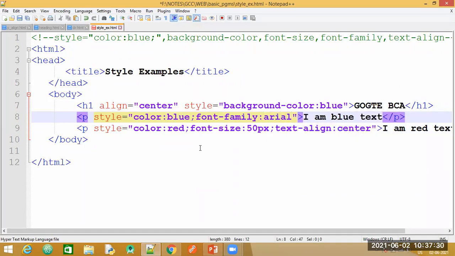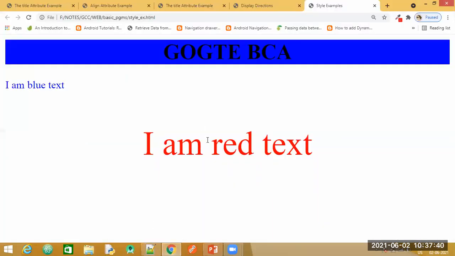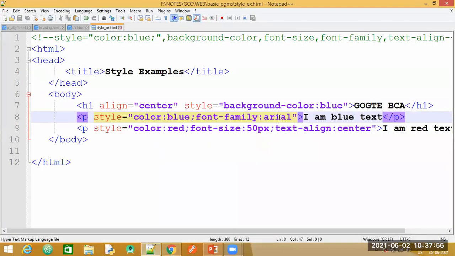I hope there is a font of this particular name called Arial. We'll save this. You can also write Times New Roman, the most common. We'll go back. See, the default one is always Times New Roman here. We'll refresh this. Observe here, this has changed. The way the text style was displayed is now changed. Can anyone suggest some different font families, if you can remember?